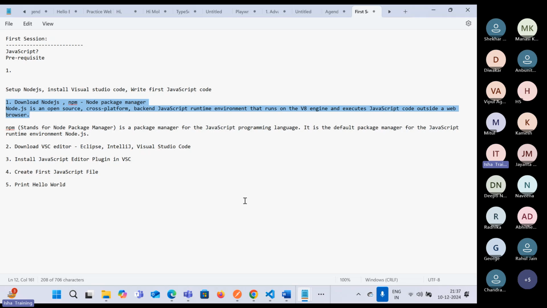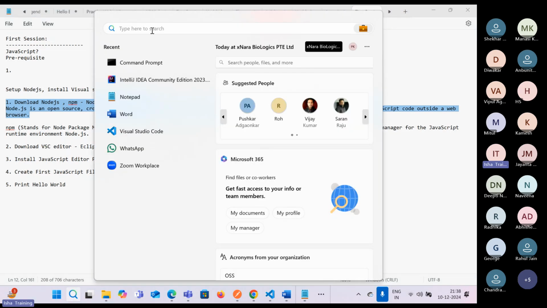Now, earlier, Abhishek was asking whether we have to provide an environment variable. Whenever we work with Node.js, with JavaScript and TypeScript, it is not necessary for us to place anything inside the global variable, that means the environment variable. It does not ask to place it inside. If you want to place it, you can. But if you are not placing anything inside the environment variable, still it will work in a proper way. So if you go inside my environment variable